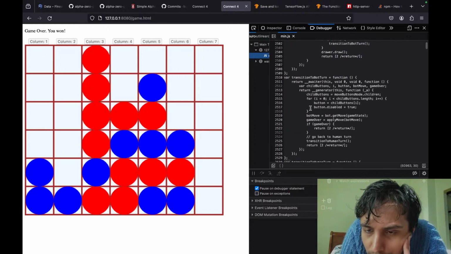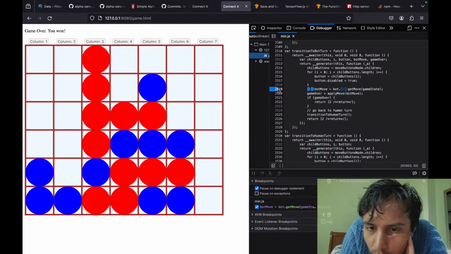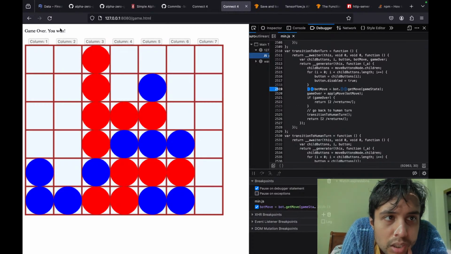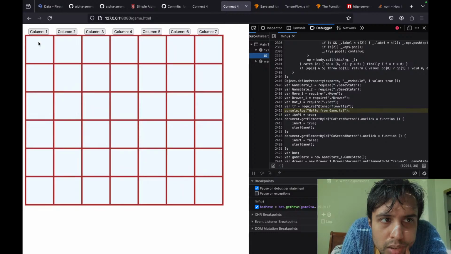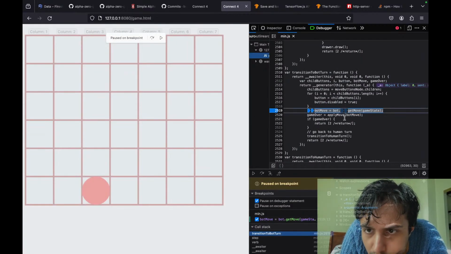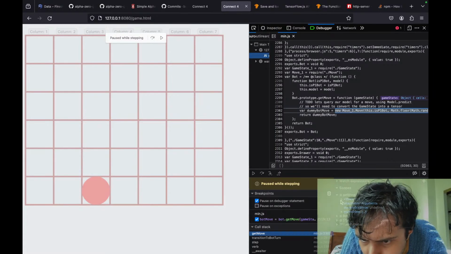I want to find, right, so bot.getMove. I want to see how this is done. So bot.getMove. Model, right?